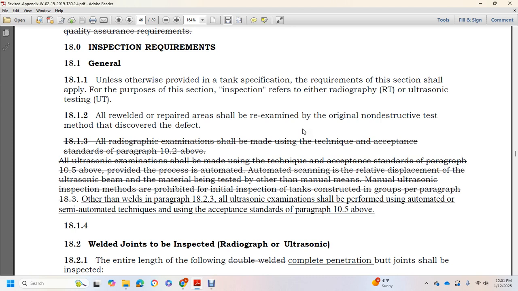Initial inspection of the tank constructed with the groups per paragraph 18.3 of the order. Within Wells paragraph 18.2, ultrasonic examination should be performed using automated, semi-automated technique, except for the stream of paragraph 10.5 above. 18.14,